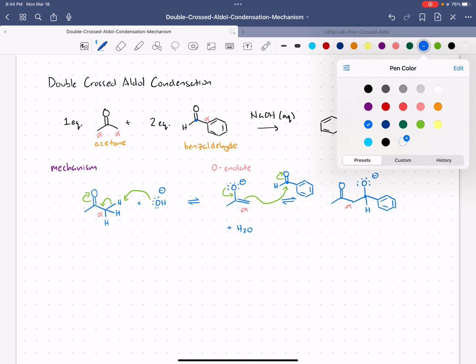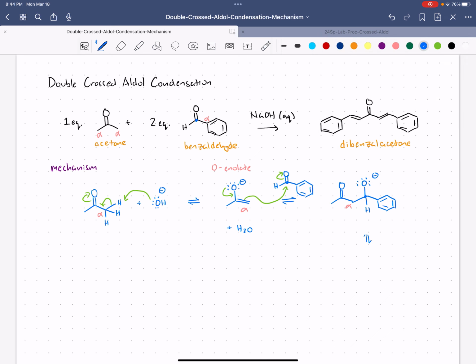The next step is to neutralize. Let's make that O minus an OH. We did create water, not in this previous step, but in the first step. So I'm going to draw it next to the arrow, and let's use the green mechanism arrow to protonate the oxygen anion. What we made in this case after the third step is I call it the aldol product. It's not the final product, right? The final product is the aldol condensation. This is just the aldol product,